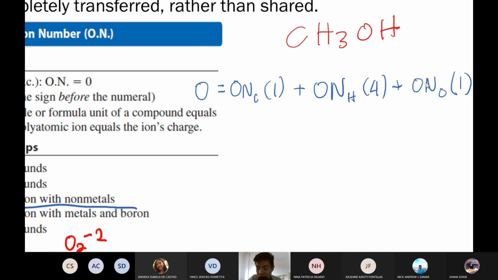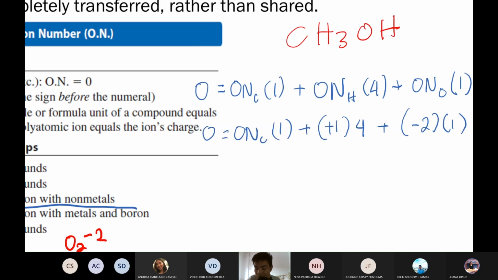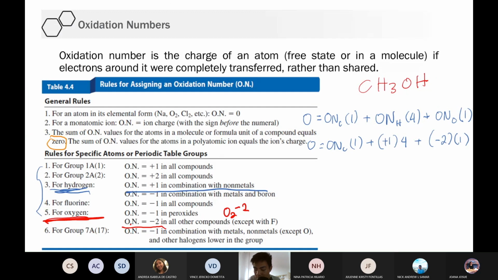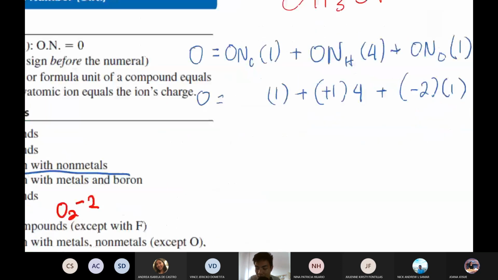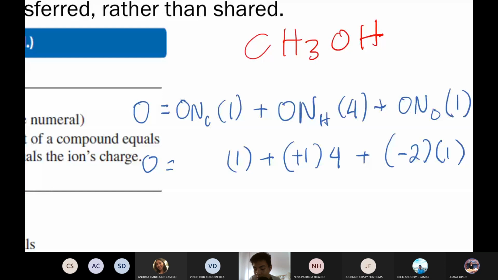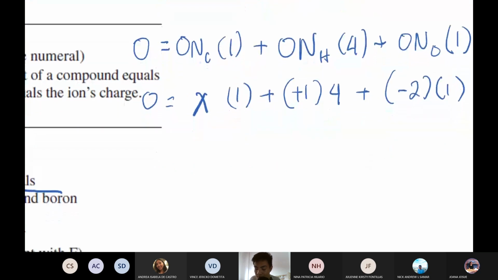We know that hydrogen is positive 1. And we know that oxygen is negative 2. That means we can solve for the oxidation number of carbon. I will let that as X, para mas madali mag-algebra. Maglet tayo ng X. Okay? Ayan. So, solving for X,